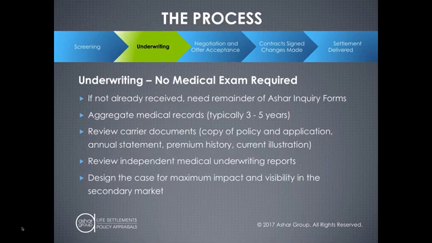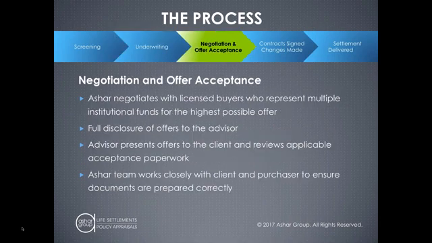We're going to review any and all available carrier documents, a copy of the policy. We're going to really just deconstruct the policy, roll up our sleeves, and do all the wonky analytical things that we do every day. We're going to review some independent underwriting reports that we work with from regulated entities within our market. Those provide an additional analysis and data point for us to consider in our overall underwriting. And then we're going to talk about this with you so we can design the most favorable, attractive policy to create the most competitive bidding process to drive up the value to the client.